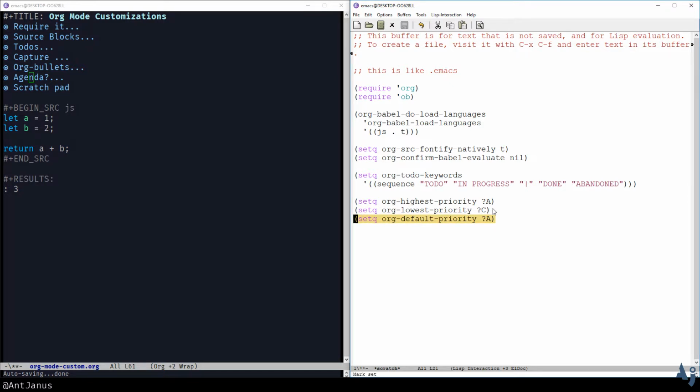And I also want to make sure that I specify that the lowest priority is C and highest is A in my view. I think that makes sense to me. I don't know what the defaults are, if A, C are low or high priorities, but this is the setup that I really want. So I'm gonna go ahead and do eval buffer,